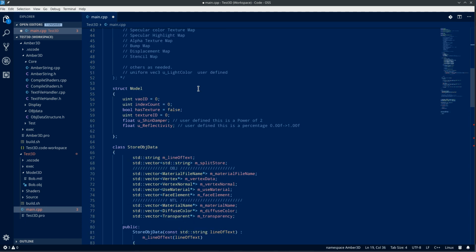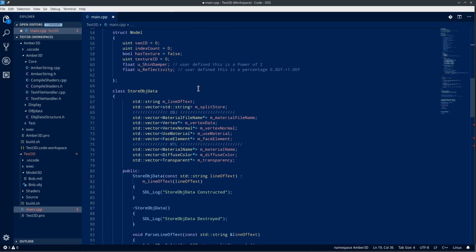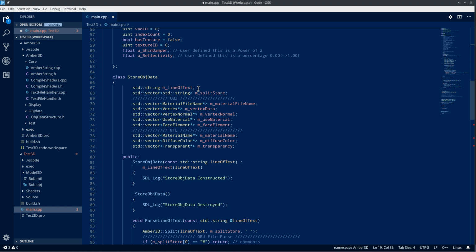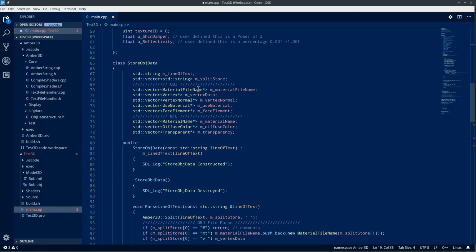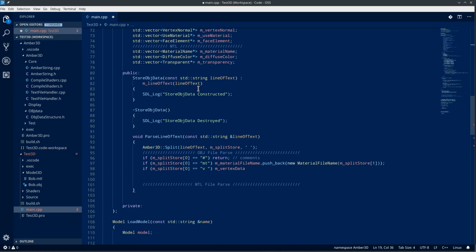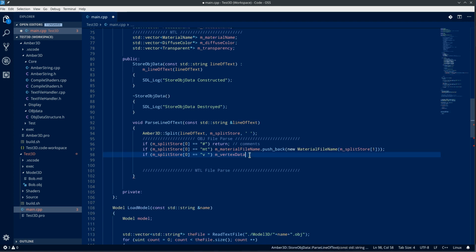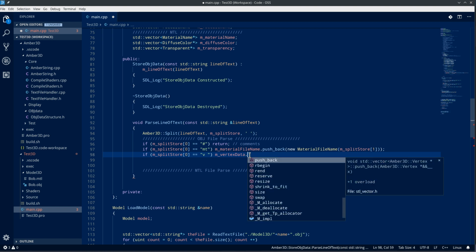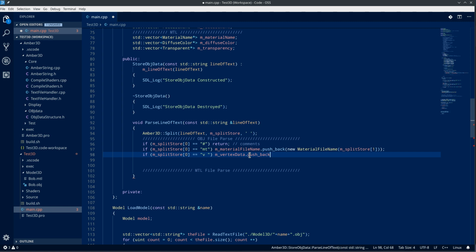Okay. So we're now down to the model and the store obj data class. Which is a bit better now, I think. It means it's going to become slightly more useful. Vertex data, yeah, okay. Alright, dot. I don't know how this is going to happen. I just don't know. Push back a new